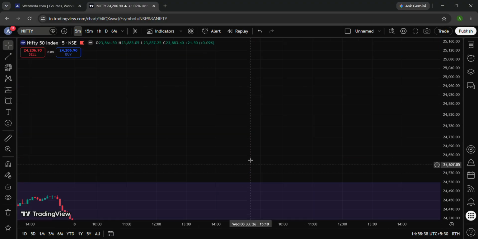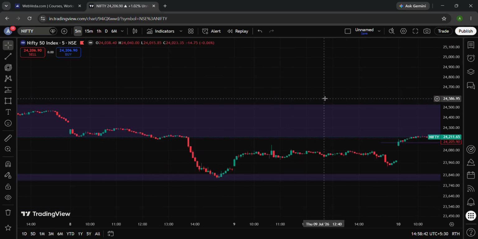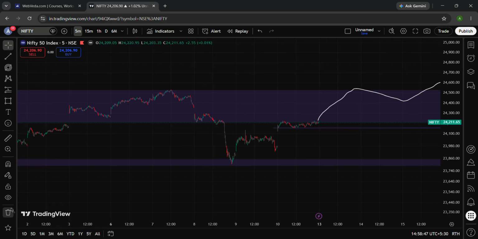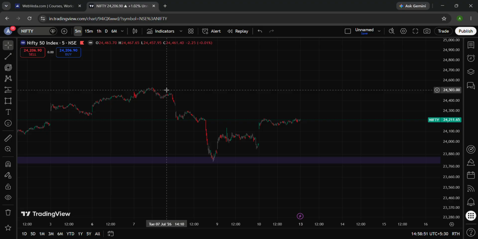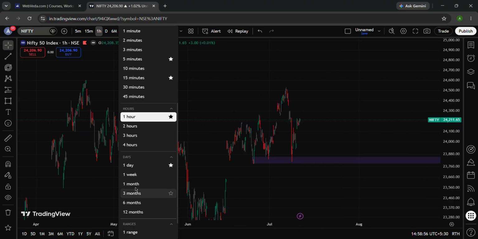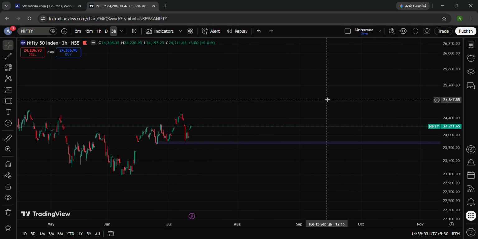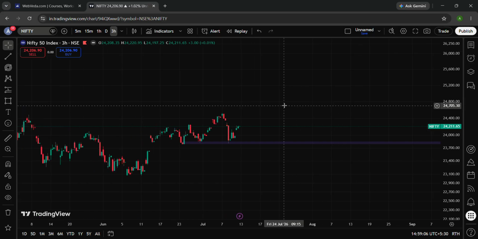So let's understand what is intraday and MTFA. First of all, if you are doing intraday trading, then the most important time frames for you are 15 minute, then 1 hour, and then 4 hour, right? These are the things you have to use in multi-time frame analysis while you are doing intraday trading, right?